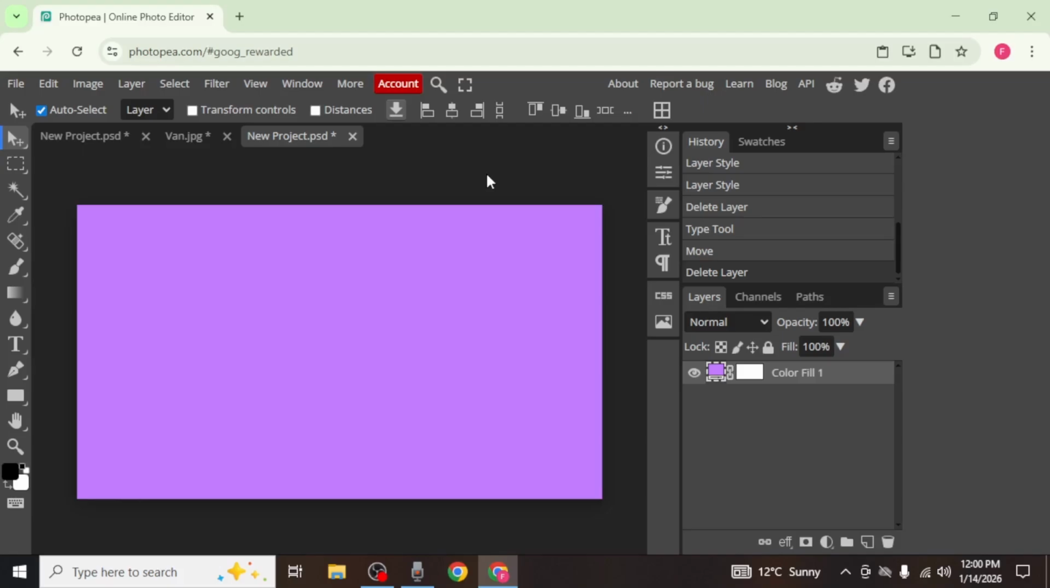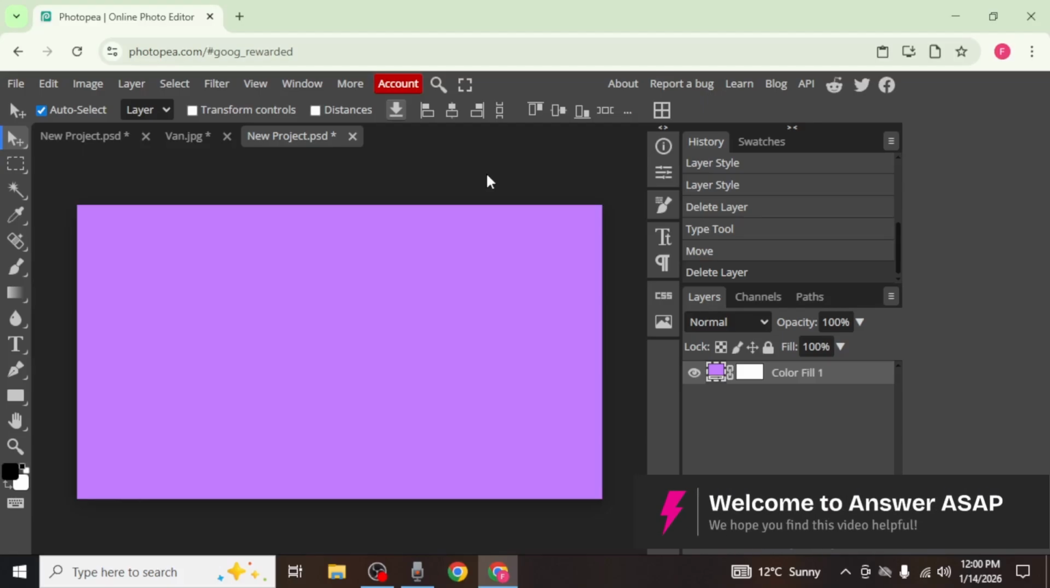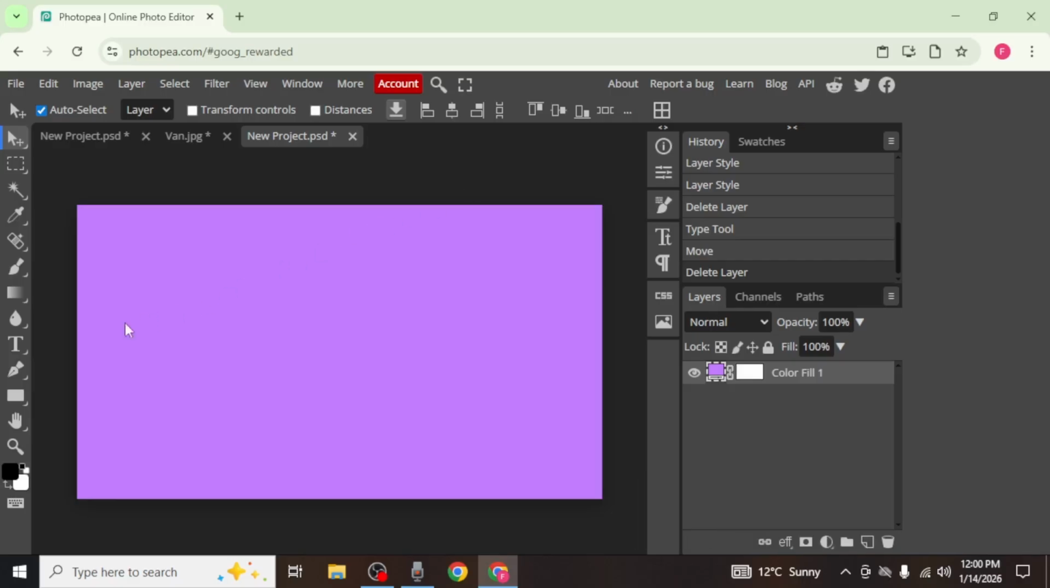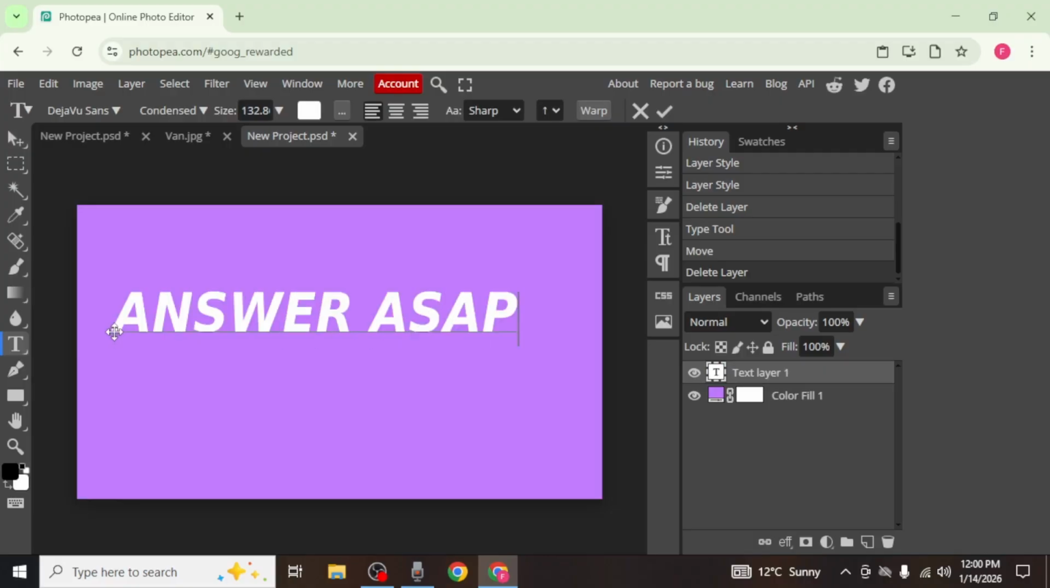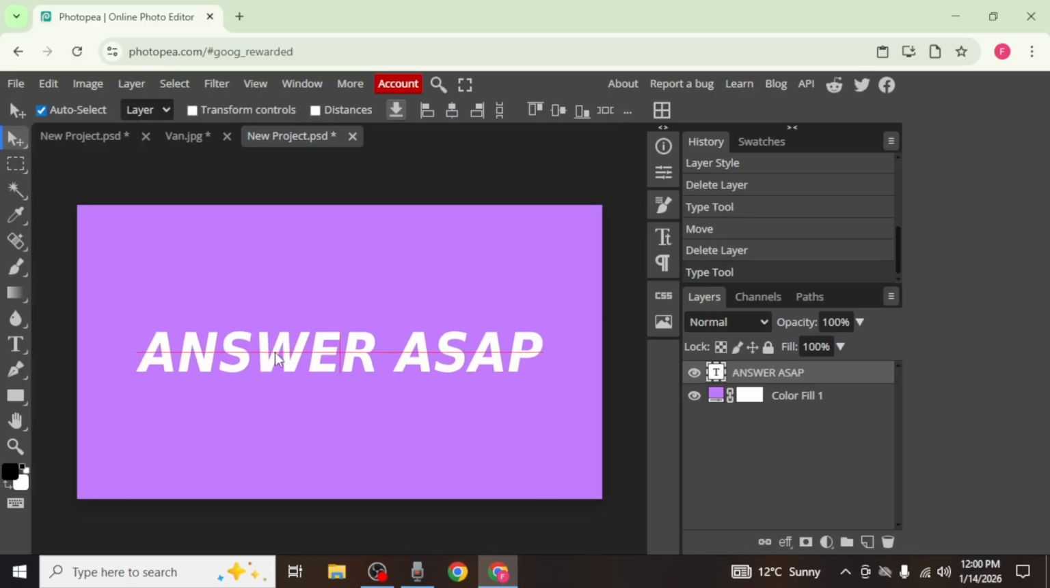In this video, I'm going to show you how to add outline to text in Photopea. If you have not created the text yet, select the text tool from the left-hand side of your screen. Click anywhere on the canvas and type your text. Once the text is added, switch to the Move tool and position the text wherever you want it to appear